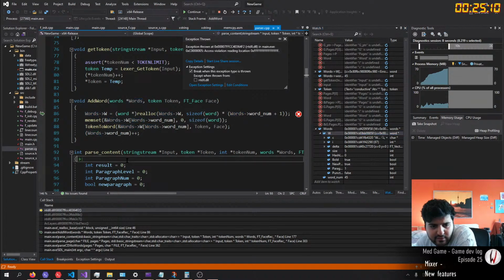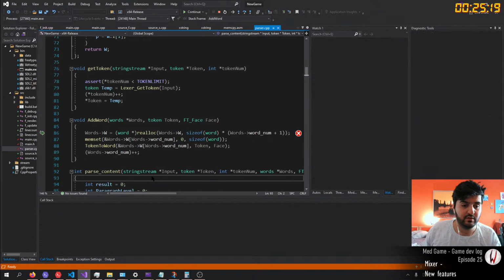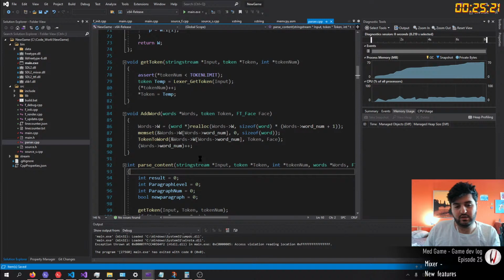In this case, it's a file agent. Oh, we're back to this one again. God damn it, this is gonna take a while. Is it reproducible?